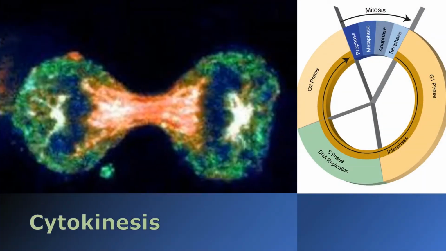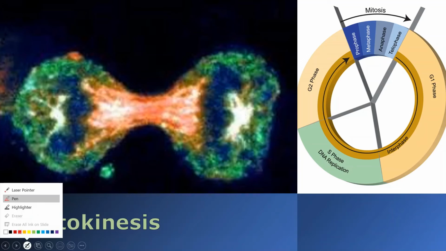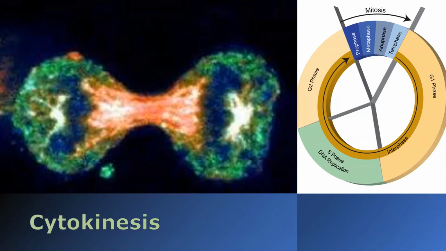Okay, cytokinesis. Again, if I were to add it to the picture, I would come over here and put it right about here, before we actually went into G1 again. So cytokinesis, after the nucleus is divided through mitosis, we do the final little bit. What you see here forming looks like cleavage, right? It looks like we hit it with a cleaver. We took an axe and chopped it. So sometimes this is referred to as cleavage